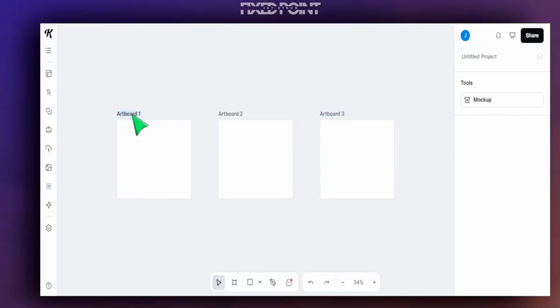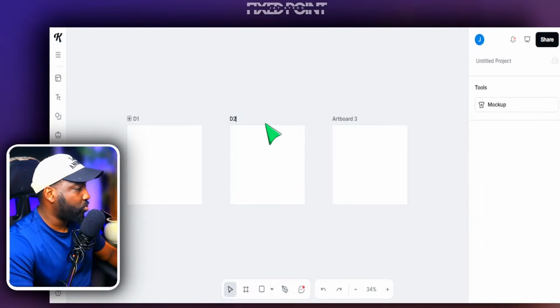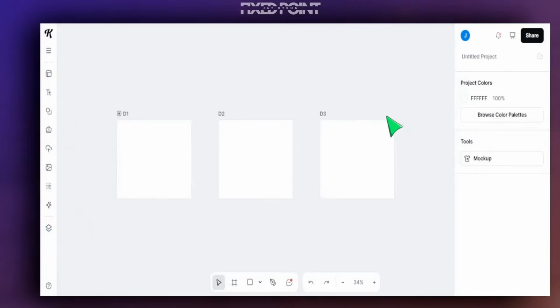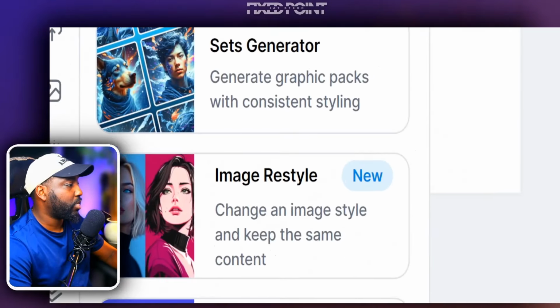So I have artboard 1, and I like to go ahead and put D1 just to be design 1, and then same thing for artboard 2, D2 for design 2, and then we're going to put D3 for design 3. And those are the things that I like to change just to make it easier for me to do all of my designs. Now I jump over into Kittl AI, which is the bottom portion here,